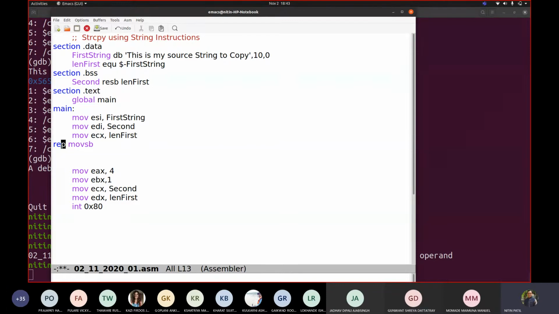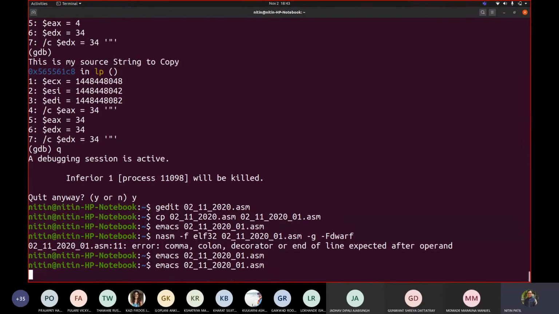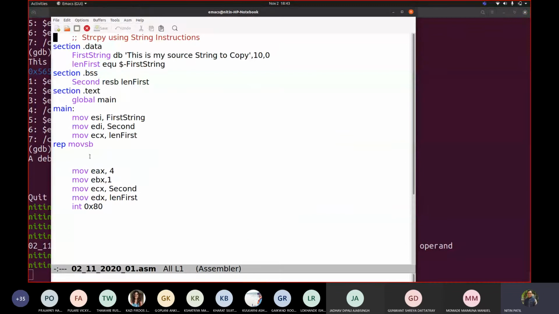Understood what I said? So let us see what the change is. I removed that label from my code, and I wrote only this REP MOVSB.